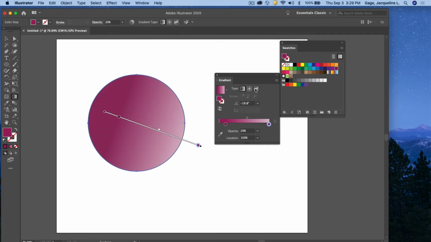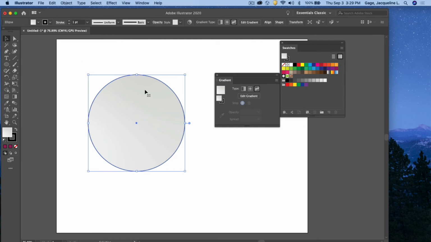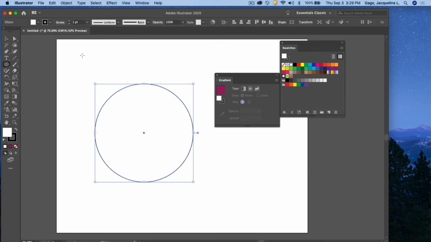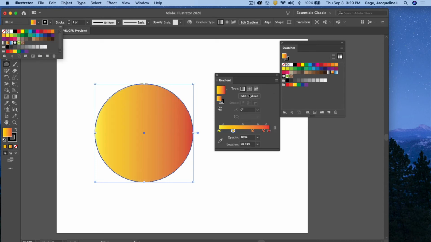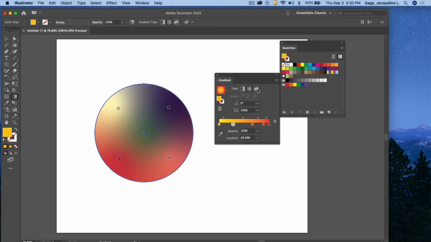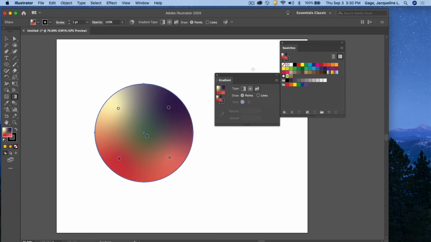Also, I could go to the next tool here, the freeform tool. Let me just redraw something. Okay, it set it in here. If I click on it, let me try that one more time. Draw out a circle. I'll apply this gradient here. I'm going to go to the freeform. Okay, there we go. This is a new tool with 2020, and it gives you multiple color spots in here